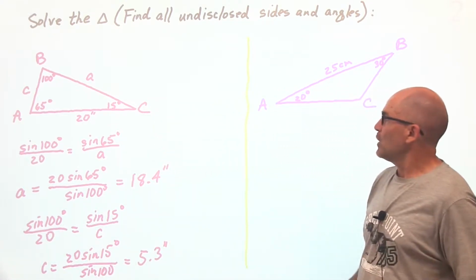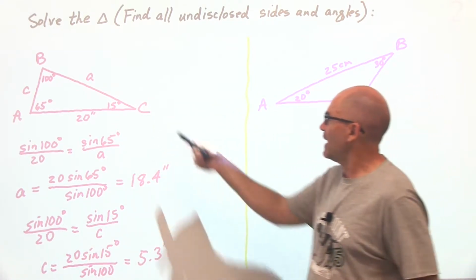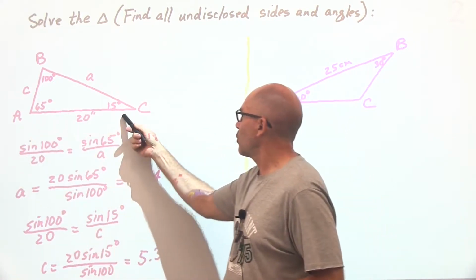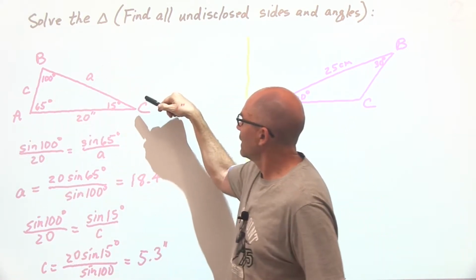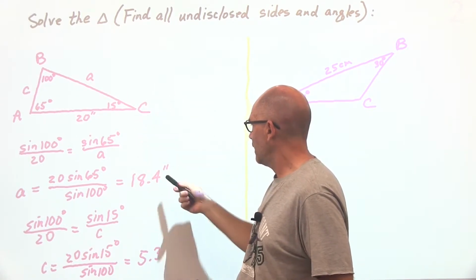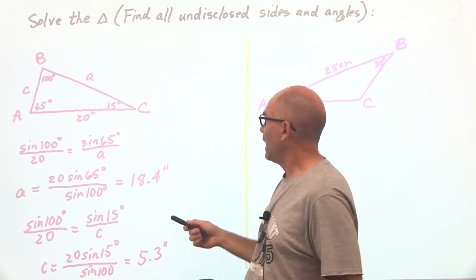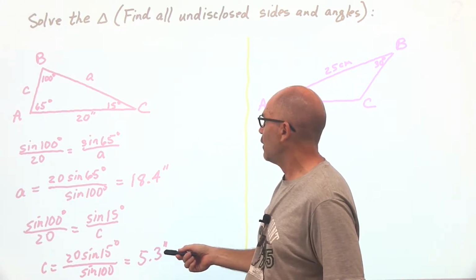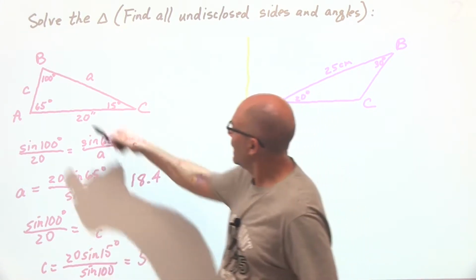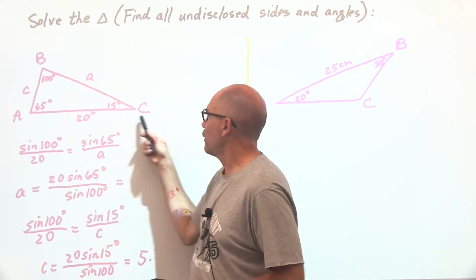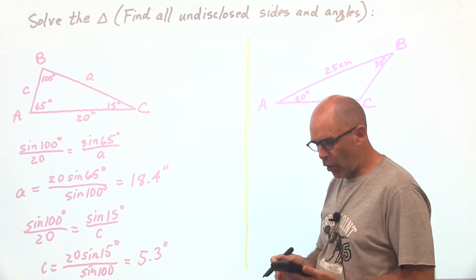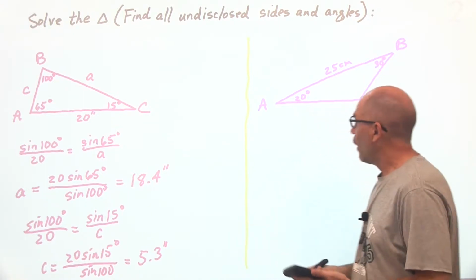Now the last thing you should do is look at it and make sure that makes sense. If side B is 20, side A looks like it's a little less than side B, which works, and side C is much less than side A or B, and it does look like it could be 1/4 of this side. So that's it. Game over. All right, now,